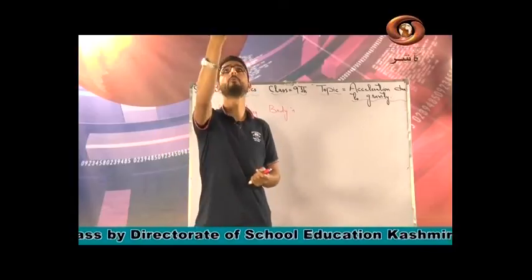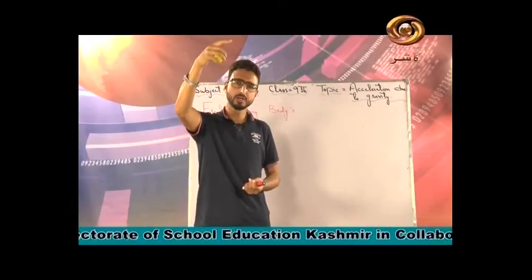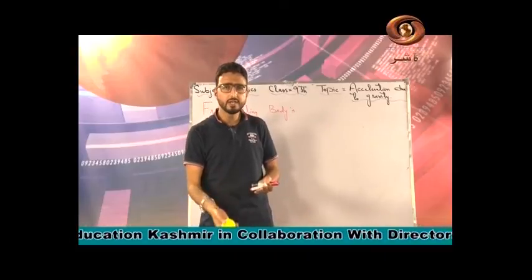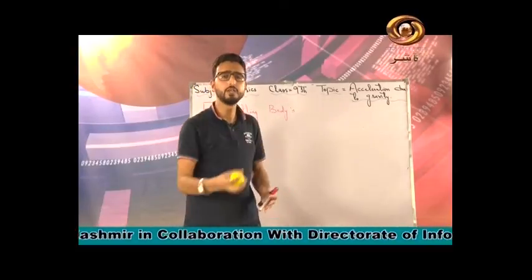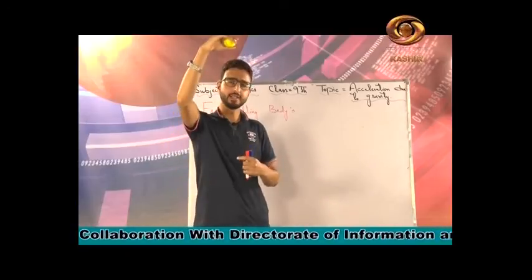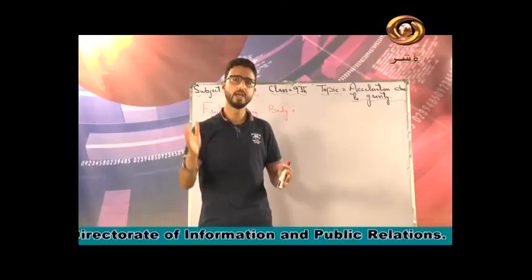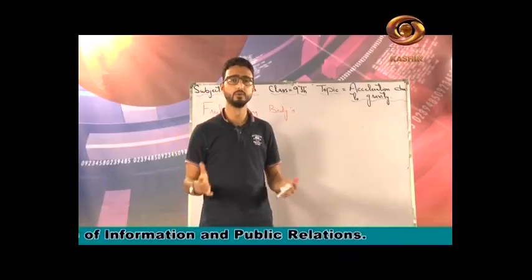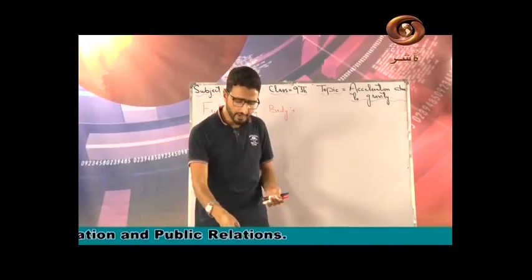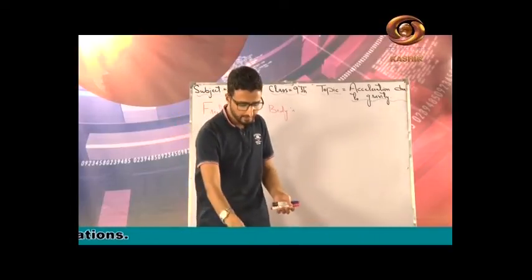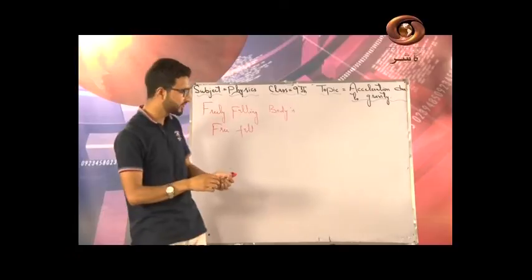If I throw it upwards, it will reach a certain height and then it will fall down. If I give it a little bit greater velocity, it will reach a greater height, and at the highest point its velocity will become zero and then it will again fall down. So this body, its velocity changes during this free fall, and whenever the velocity of a body changes, आपको याद